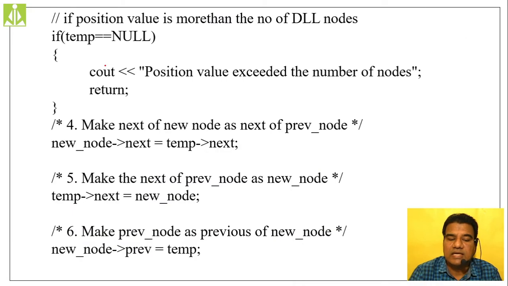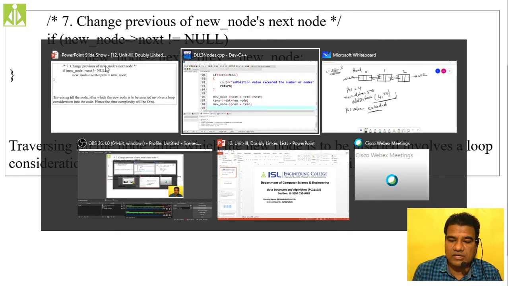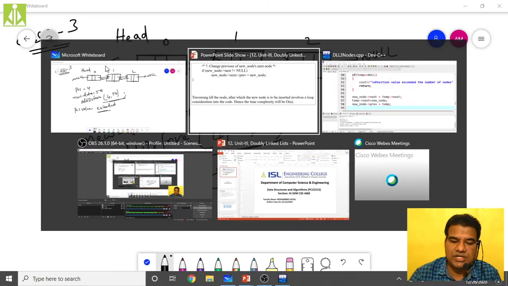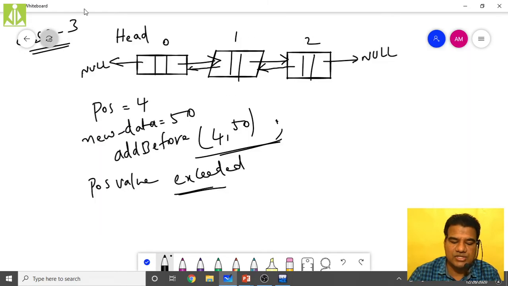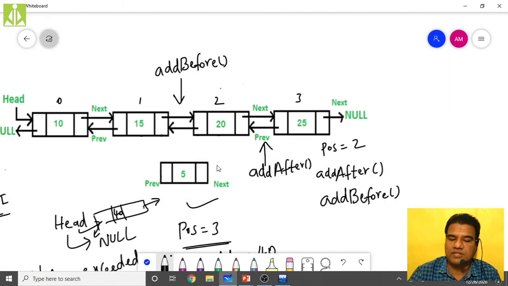And finally, if new node of next not equals to null, meaning whatever insertion you are doing, if that insertion becomes the last node, see over here I will show you. If the insertion we have just done is of the last node, then there is no point of pointing the previous node of the last node, isn't it?